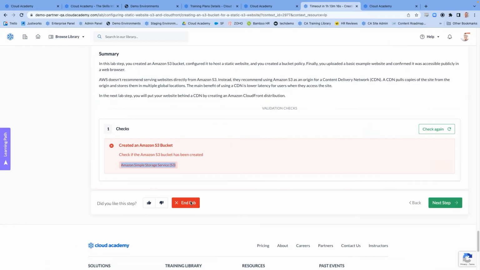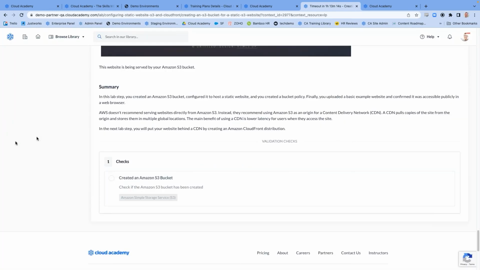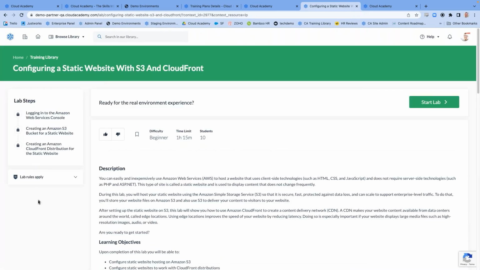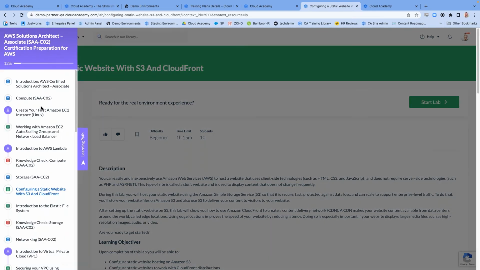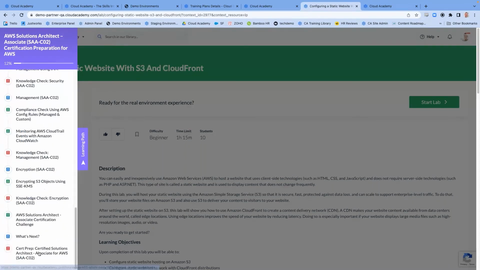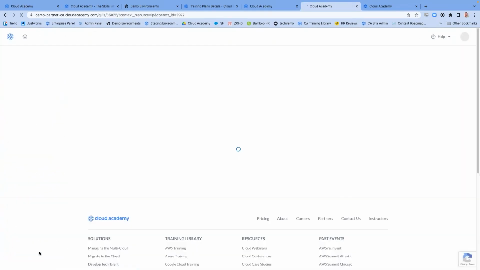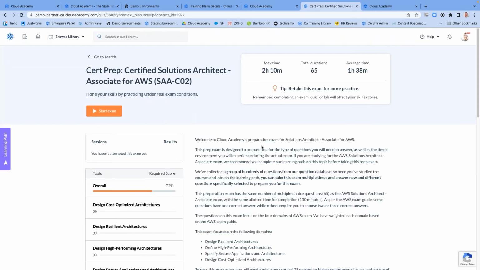Now, the other incredibly powerful piece for validation is, of course, going to be the ongoing assessments. In this case, we were looking at a certification track, the Solutions Architect Associate, one of our more popular ones. But any certification track will have an exam at the end that mirrors the real-world exam in terms of time and number of questions. We also have a large bank of questions, so we highly encourage users to take this exam multiple times, as it is unlikely you'll see the same question twice.